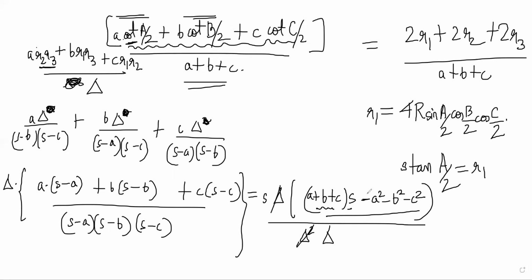This is not helping much because we have to get it in terms of R1 and all somehow. We are removing R1 from it, no? So we have to think of how to get it in terms of R1 and all. Possibly we are using the wrong result somewhere here.